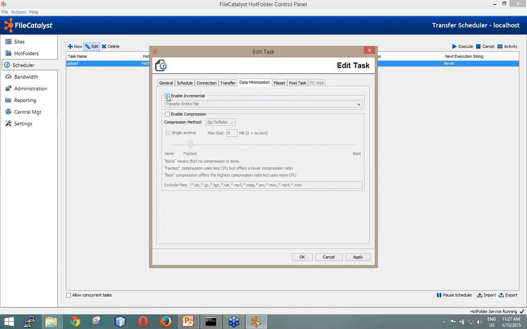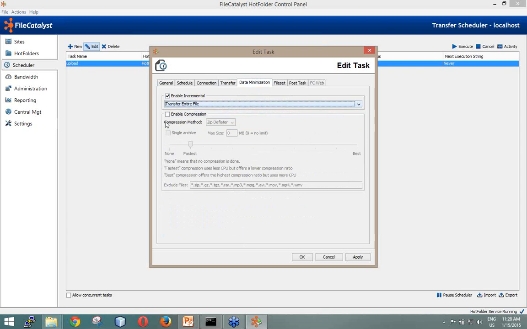Data minimization, as I mentioned, we have something called deltas or rsync. You can transfer different deltas. This is really meant for if you're doing a file transfer, that is, you've transferred the file, and then over the course of a day that file has changed, but it has not changed completely, it changed partially. So let's say maybe it grew by a bit, or maybe certain portions, regions of that file were changed. Then you can enable file deltas, and we can just do a calculated signature and send only the difference on the subsequent transfer. So this reduces the amount of data you've got to push across the wire.